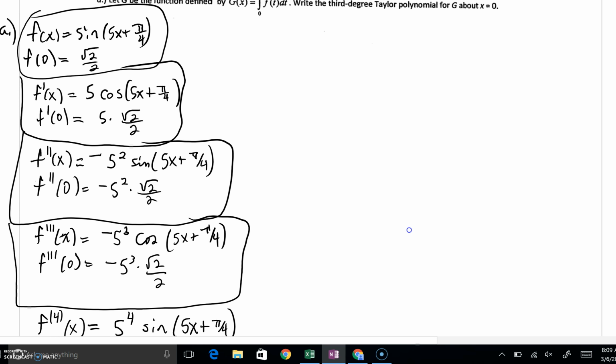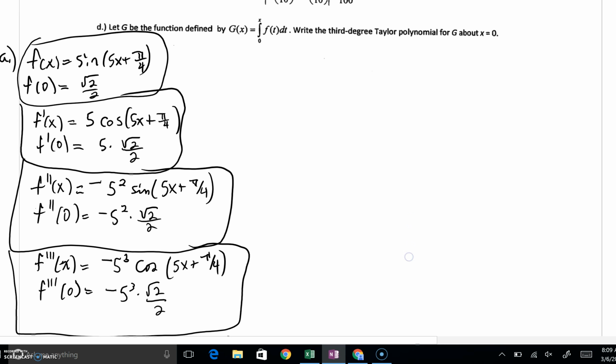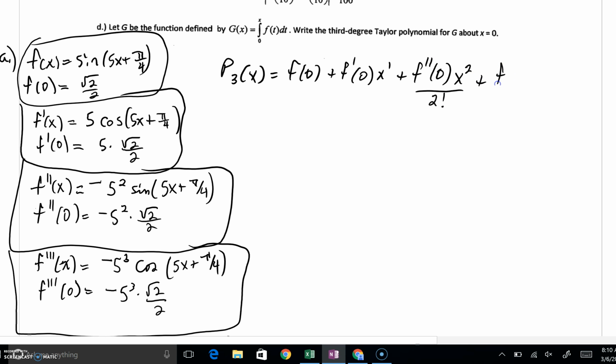Well, as we're looking ahead here for part A, this third degree Taylor polynomial about 0 would be f of 0 plus f prime of 0 x to the first plus f double prime of 0 x to the second all over 2 factorial plus f triple prime of 0 x to the third all over 3 factorial. And, just making these substitutions in very quickly, you can see we'd have radical 2 over